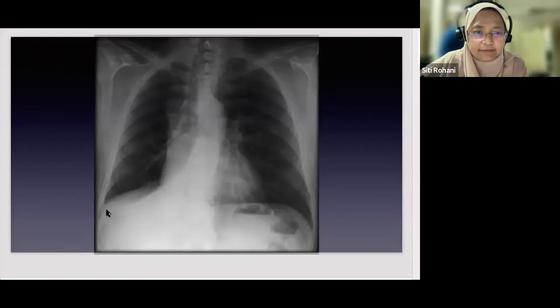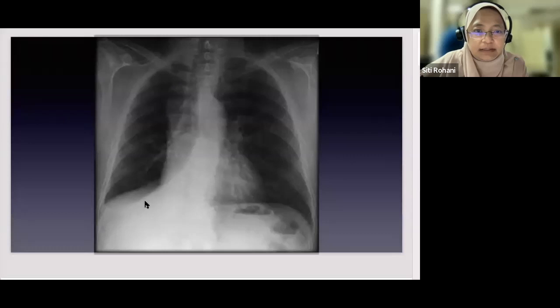Opacity, everyone can see a triangular shape opacity at the right lower zone there. This is the right lower lobe collapse. Why do we see this collapse? Because there's evidence of volume loss. The trachea is shifted to the right,